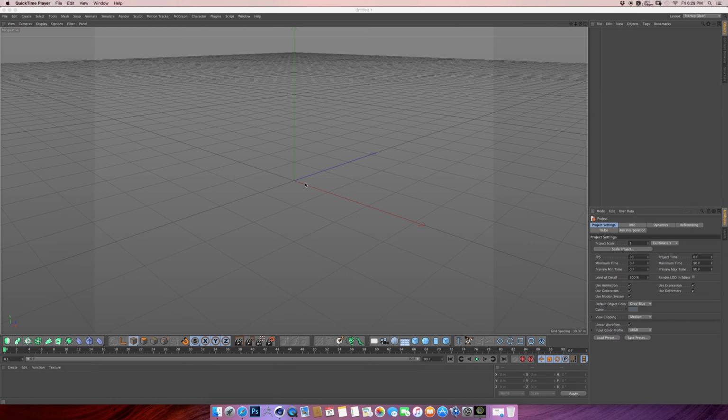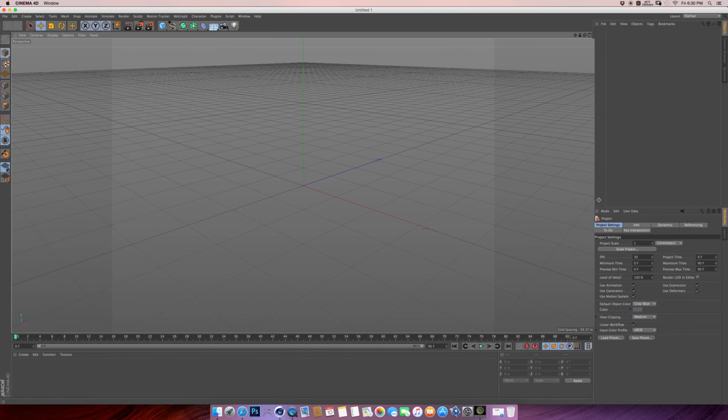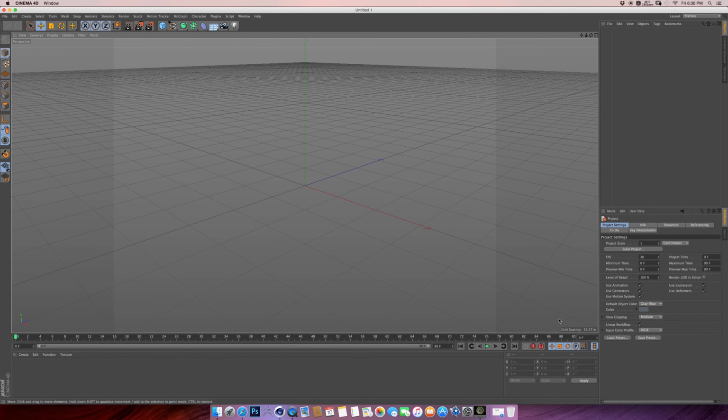Hey guys, I wanted to do another quick video, but this time I wanted to show you how to create a custom UI inside of Cinema 4D to get something kind of like what I have here. It's really easy, it's very intuitive, but let me switch over to the regular startup and we can go from there. So whenever you start up Cinema 4D, you're going to get something like this, and this is fine, but